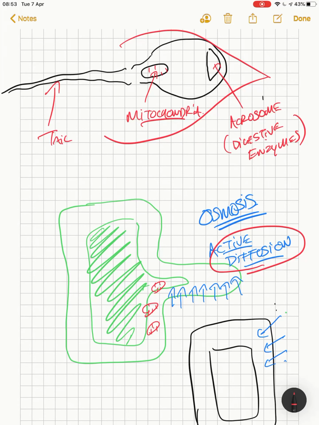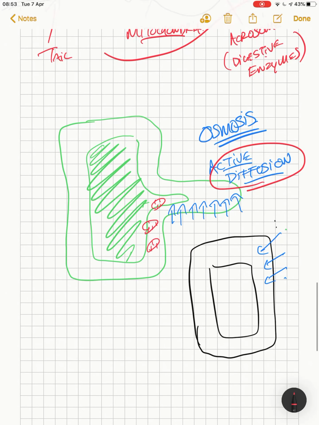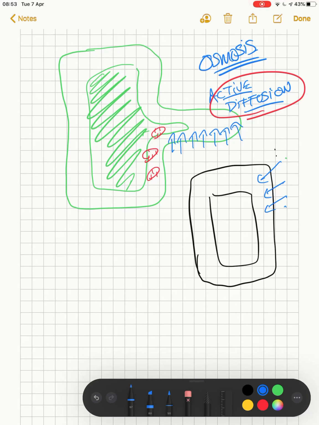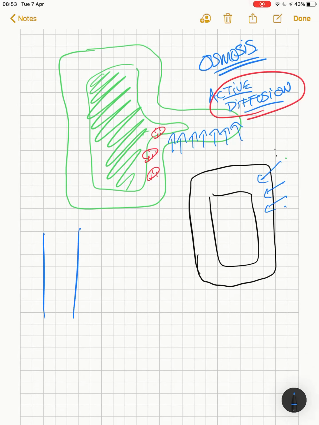So we have a few other examples on the spec there, a few other bits. There are other plant cells that we need to know about, xylem and phloem. Xylem are tubes that move the water up and down the plant. They are hollow tubes, they don't have any organelles, and that means that the water is not impeded as it moves up and down. So xylem